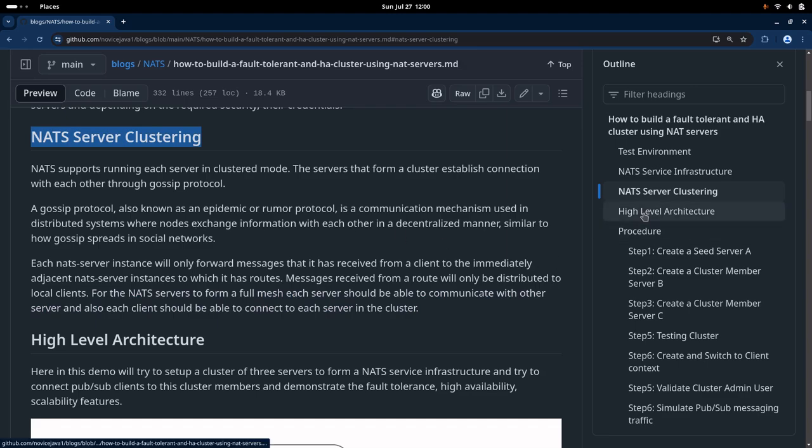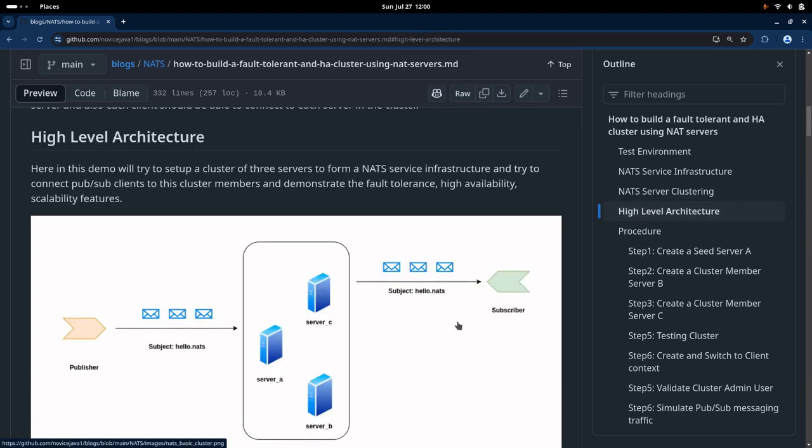Now let us try to understand the high level architecture that we are going to implement in this video. In this demo, we will set up a cluster of three servers to form a NATS service infrastructure, and connect pub/sub clients, that is publisher or subscriber clients, to these cluster members, and demonstrate the fault tolerance, high availability, and scalability features. We will see how we can form a cluster of 3 servers, and how we can have the clients that are publishers or subscribers connected to